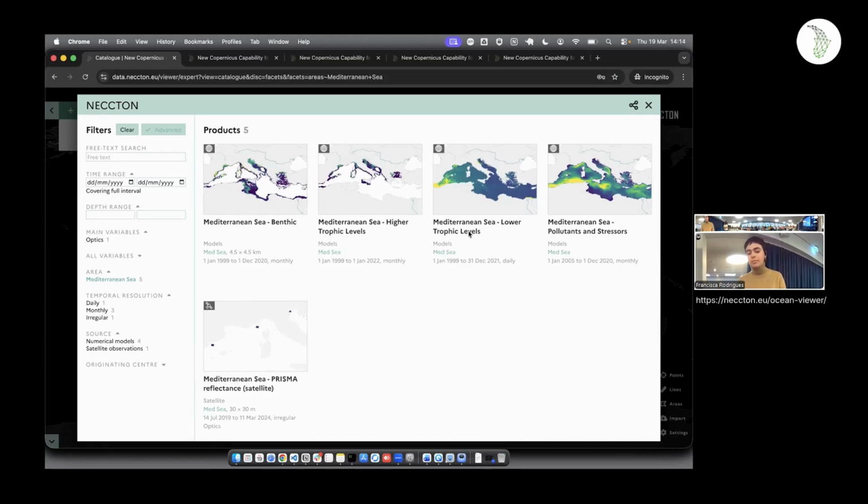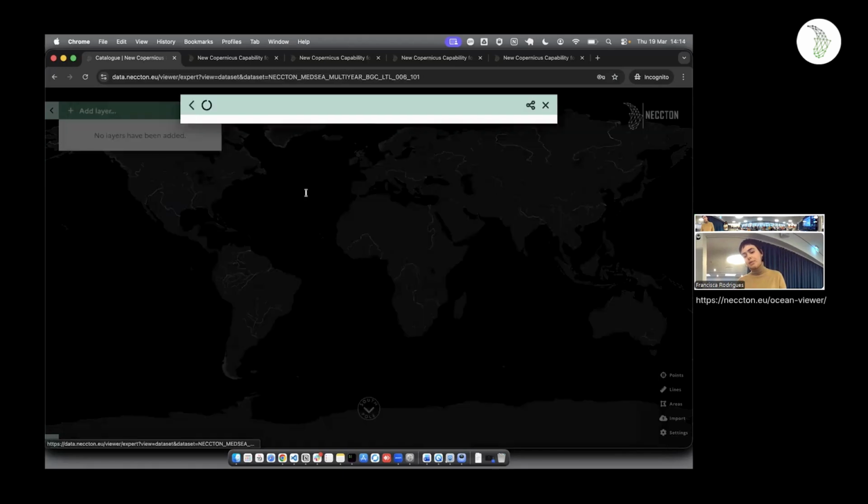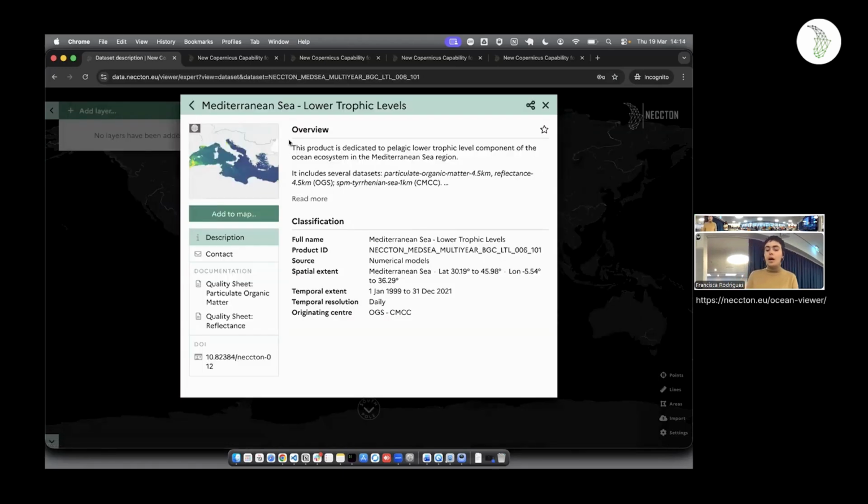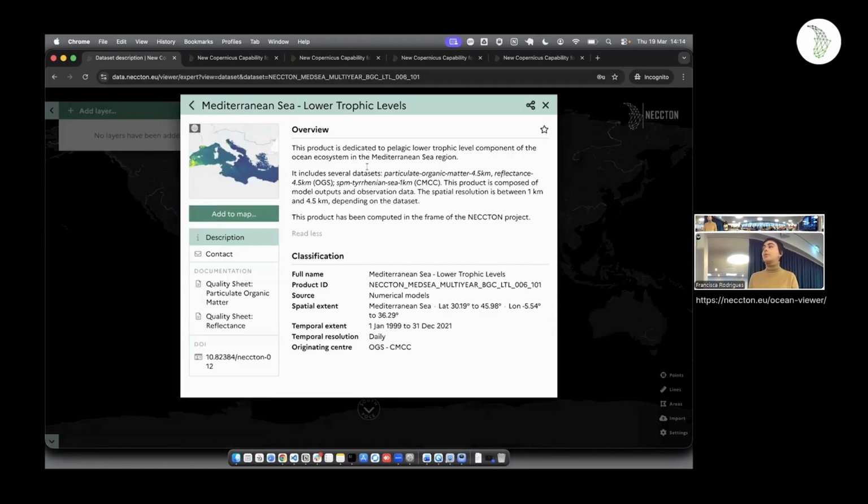to see if there's any areas in the Mediterranean that can have more ecologic value than others, and that they can have these special properties. So the first thing is that if you click here on the name, you will have some overview on the product that you want to visualize, overview, small description,